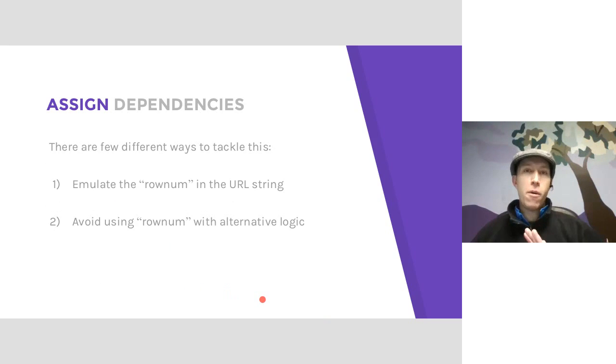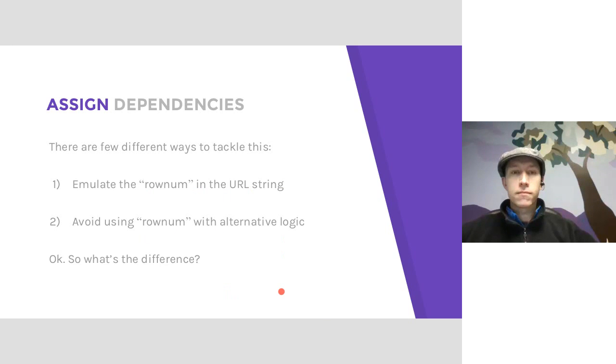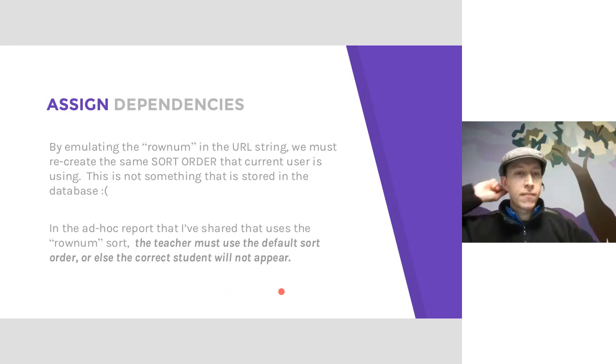There's a few different ways to go about this. The way that I've set it up using the configurable reports Grok is for making a click to grade teacher report. So you could either emulate the row numbering in the URL string so that you display that, or you could avoid using that row num with alternative logic. So what's the difference between these two? When you emulate this row num sort,